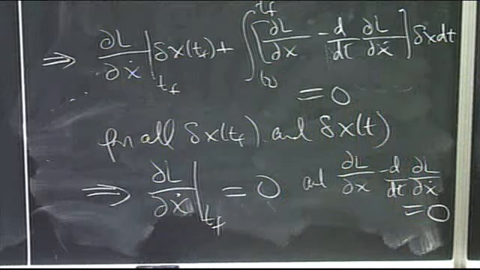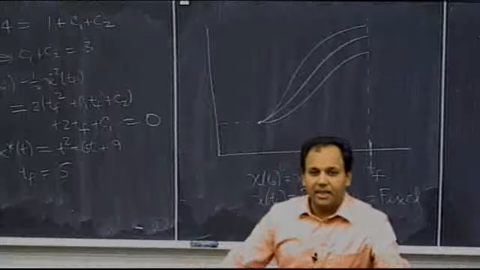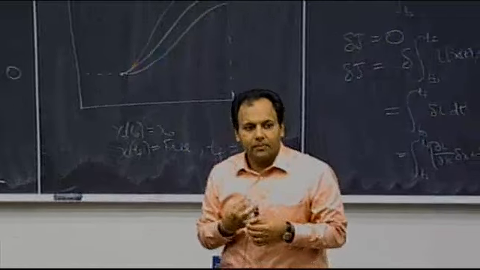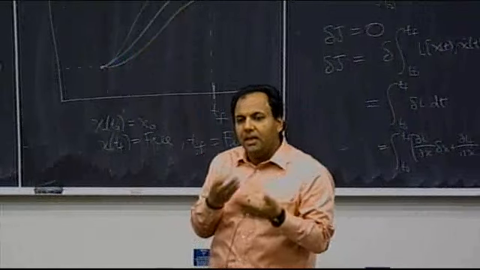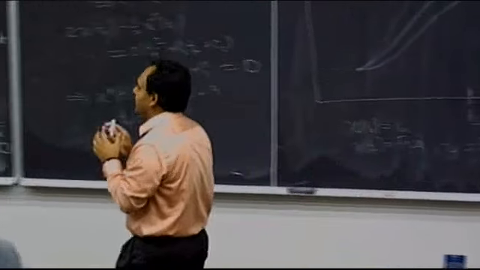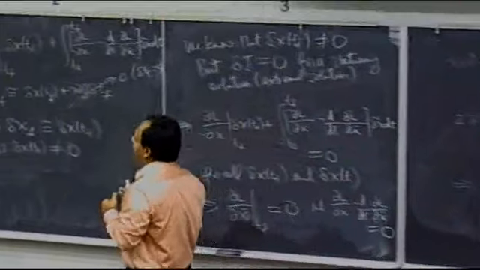Does that make sense? Is anybody confused at all about this? So the key thing in doing this is really important. This is what makes calculus of variations hard, is that